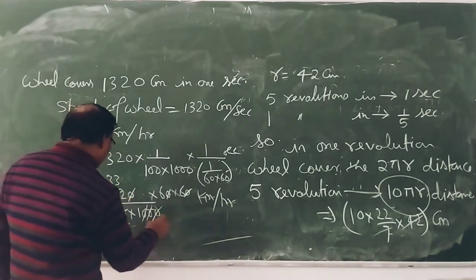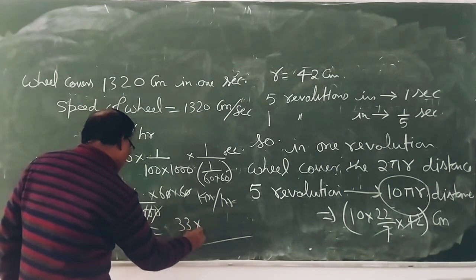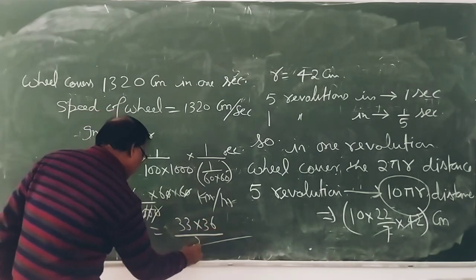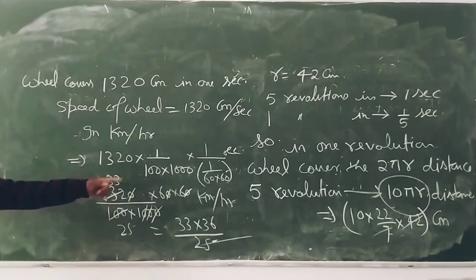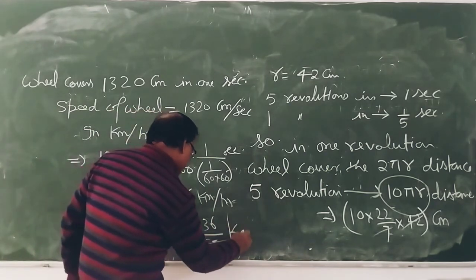तो जो भी कर दो 1 2 3 33, so it will be 33 into 36 by 25, and then simplify it,